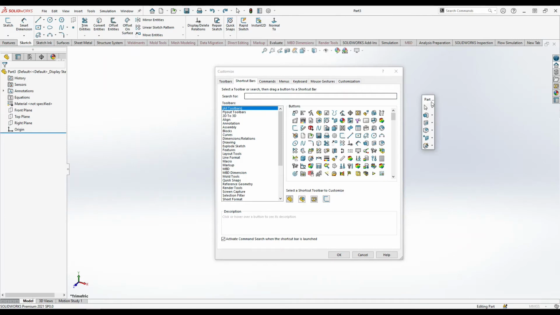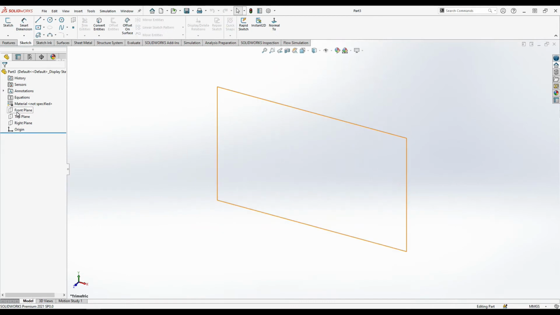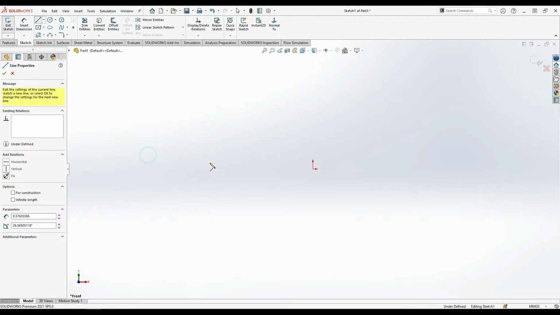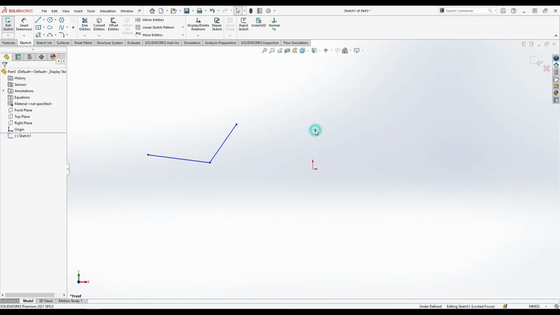Shortcut bars means, if you open the sketch and click the keyboard S, this shortcut tab will open. It means it's easy, from here you can design, you can use. Again you can click the shortcut, and it will appear. So you can make these things here only, on the graphics area where you are going to sketch.